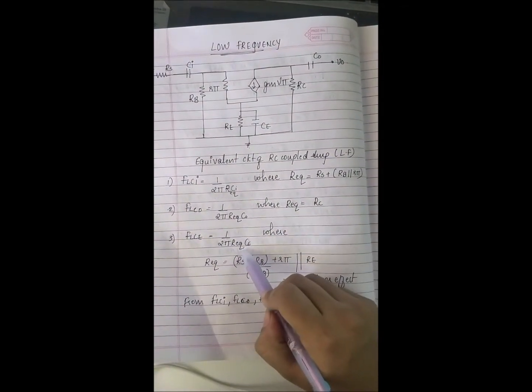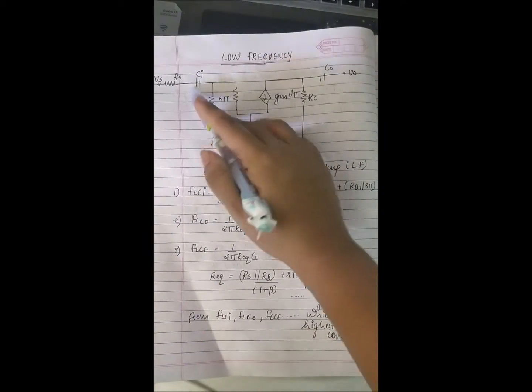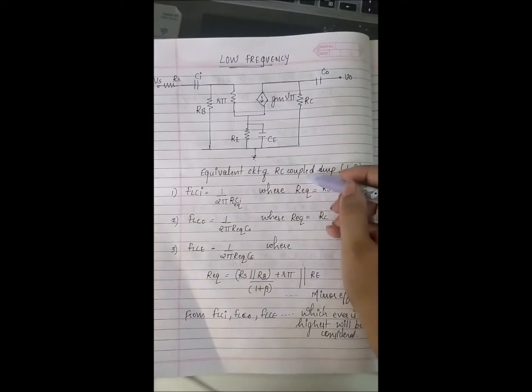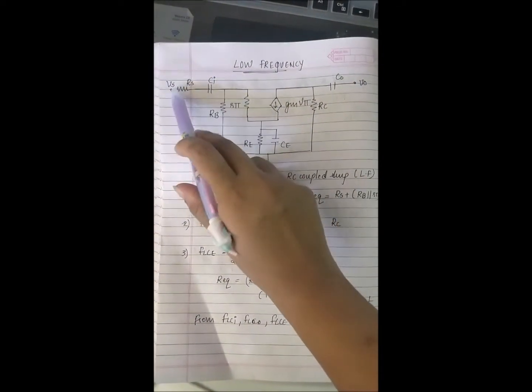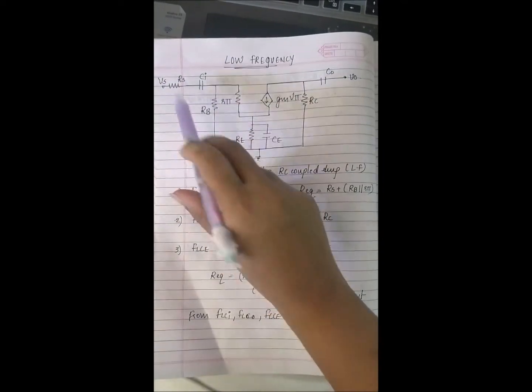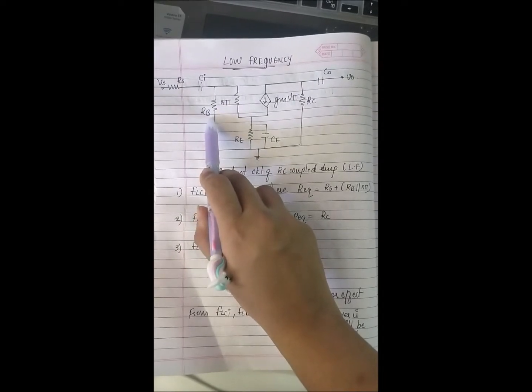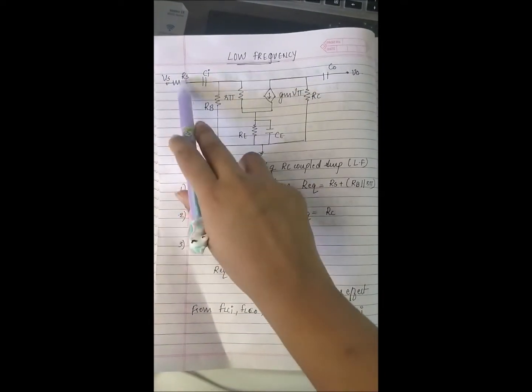Next is FLCEQ. Looking at this, the capacitor is considered as short. So the first thing over here, now this is considered as the short, so this particular voltage source will be grounded. This is already grounded. So RS will be parallel to RB. Okay, as both the terminals are grounded, this and this will be parallel to